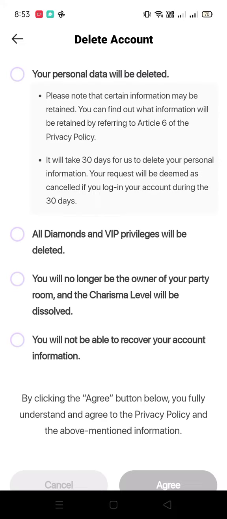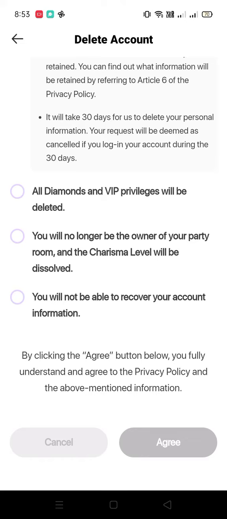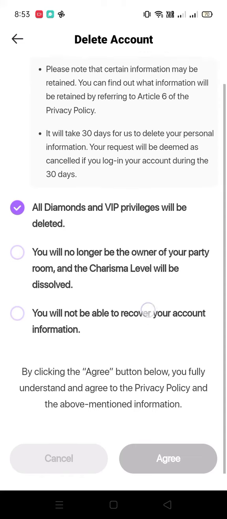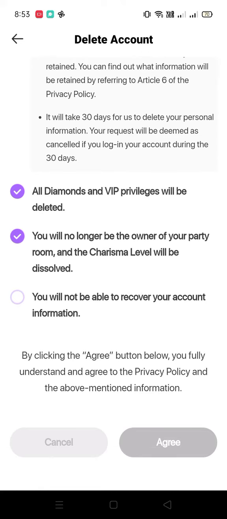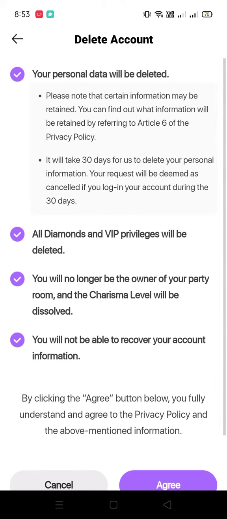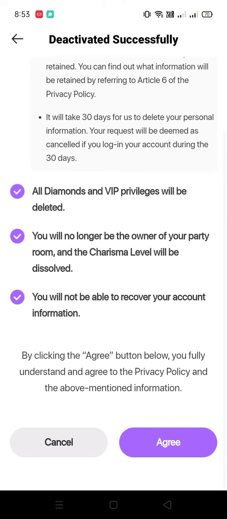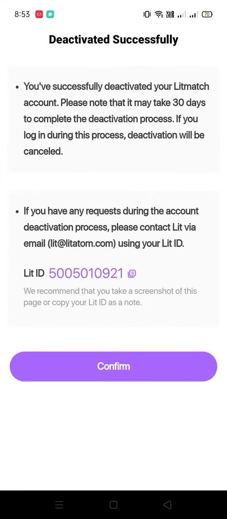Once you tap on the delete account, then you will see some options where you have to mark all four things. Simply tap on that, and then all diamonds and VIP privileges will be deleted. Simply tap on that, and you will no longer be the owner of your party room, and the Christmas level will be dissolved. Tap on that, and you will not be able to recover your account information. So tap on that, and above all of these things, simply tap on agree, and then okay, you can see, simply tap confirm,